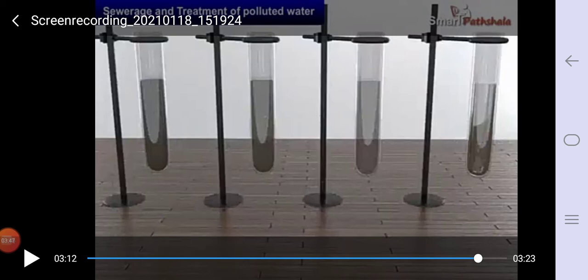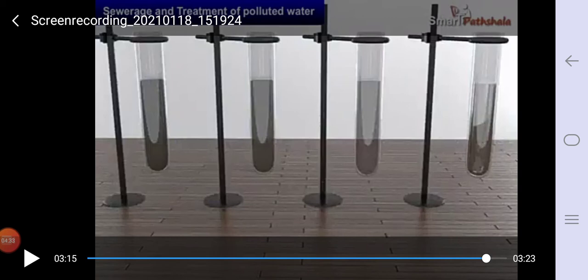Now observe carefully the samples in all the test tubes. Do not taste, just smell them. What changes did you observe in the appearance of the liquid after aeration? Did aeration change the odor? Yes. What was removed by the sand filter? The dust particles. Did chlorine remove the color? Yes, you can observe the fourth test tube. Did chlorine have an odor? Was it worse than that of the wastewater?